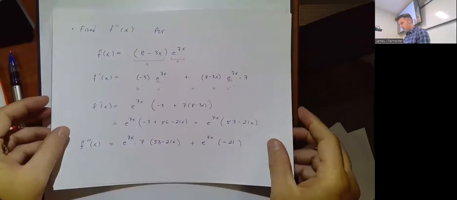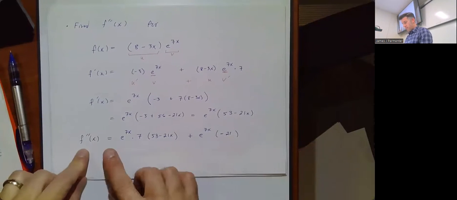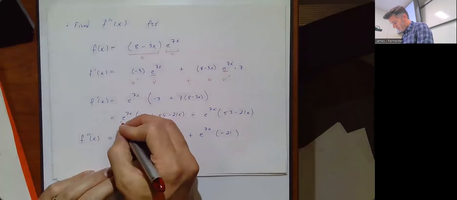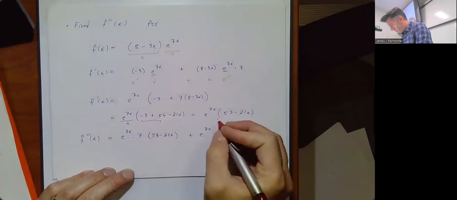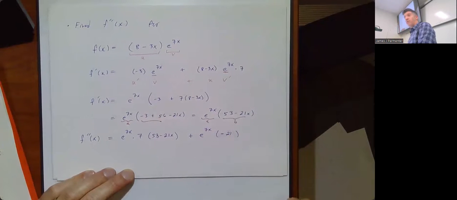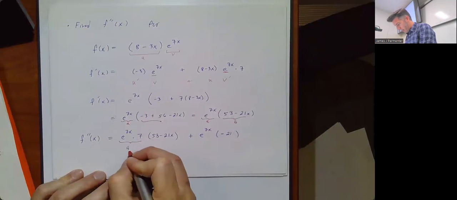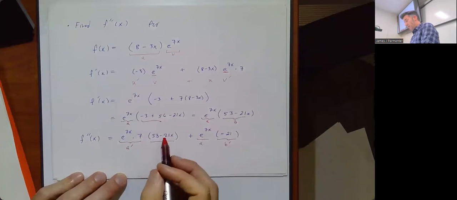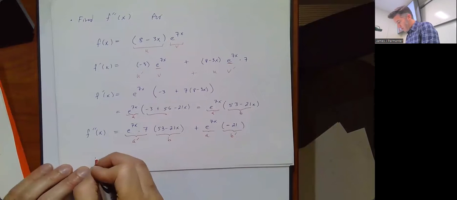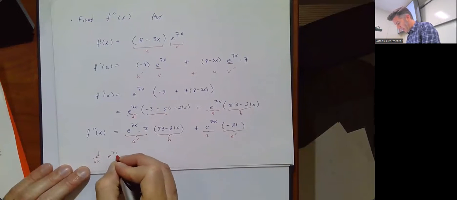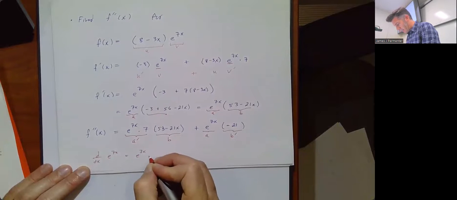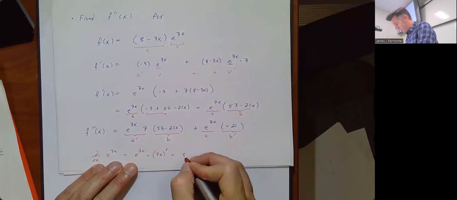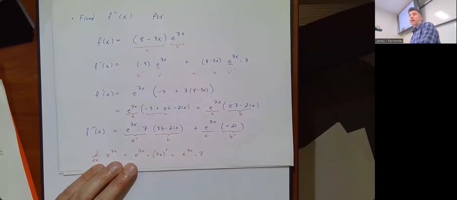This page here. Yeah, on the second derivative, where did the 7 come from? The 7 here. So if I call this A and this B, I'm using the product rule. So this here is my A prime. That's my B. Here's my A. Here's my B prime. When I take the derivative of e to the 7x, that is e to the 7x times the derivative of 7x, which is e to the 7x times 7. That's where that 7 is coming from.